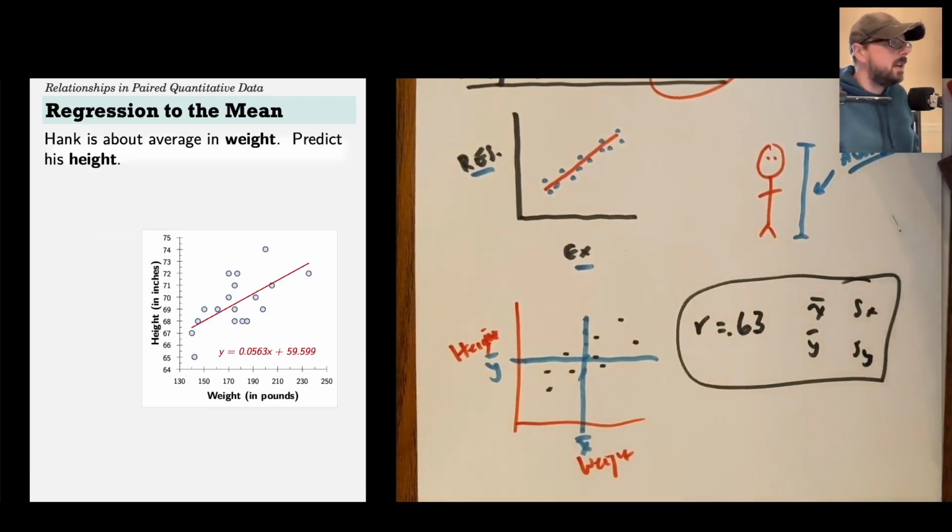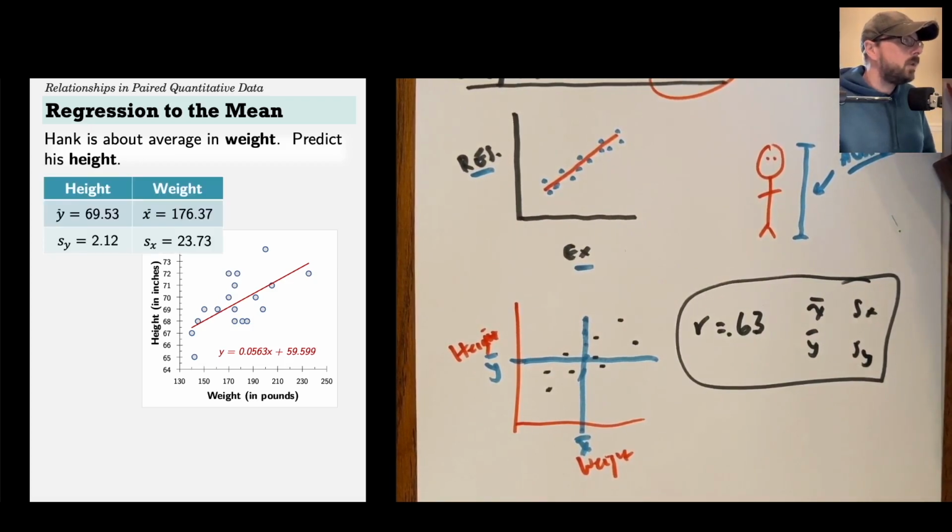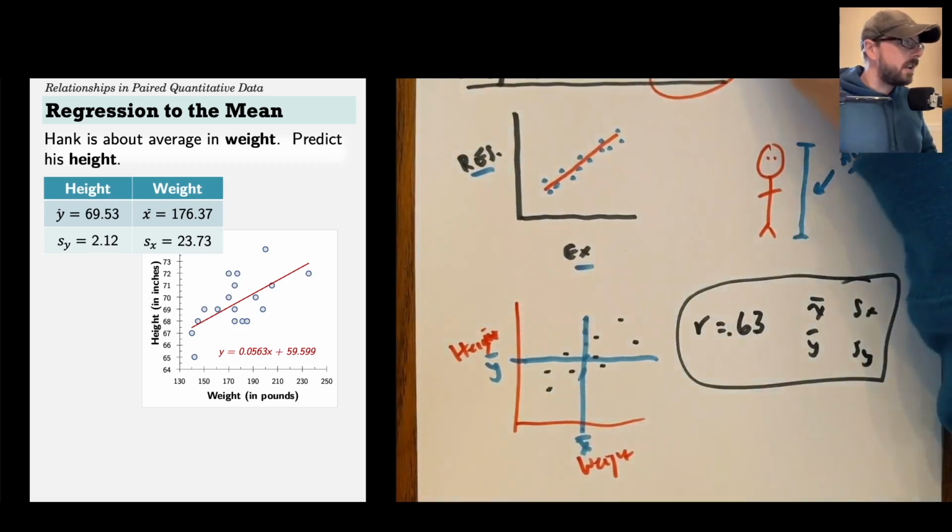So let's imagine putting those principles in play with the same example, guessing someone's height from their weight. Let's say Hank is some student at this college, and here we have the scatter plot of some results we got from taking a sample. And we say we know Hank is about average in weight. What would we guess to be Hank's height? Well, average in weight is 176.37 pounds based on what I see here. And so what do you think we should guess?